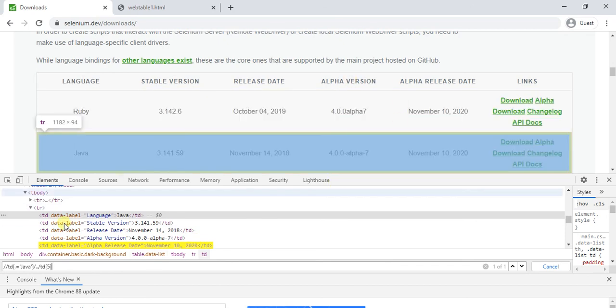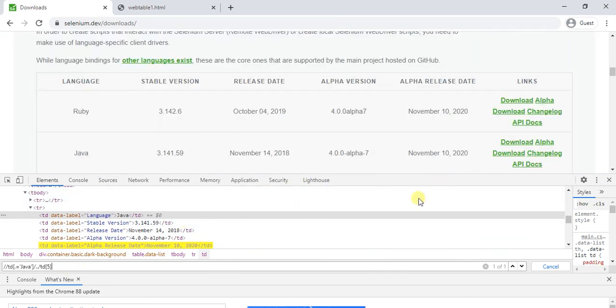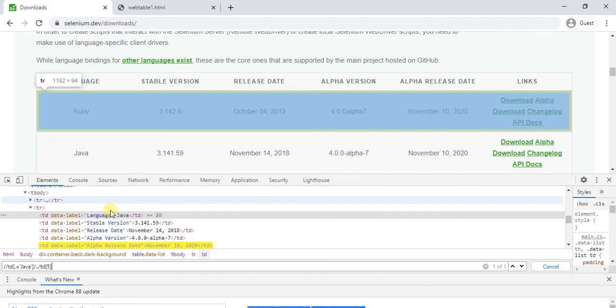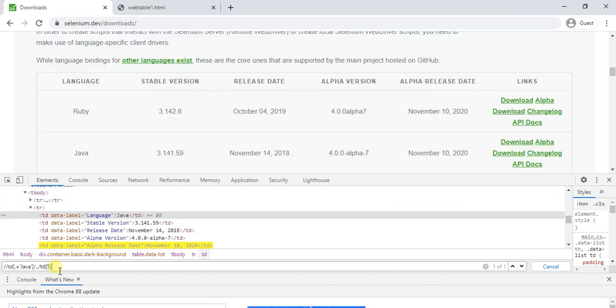That means our XPath is correct. So this is our correct XPath, and there is no need to take any tool to identify the element. You have to write your own XPath using this method.